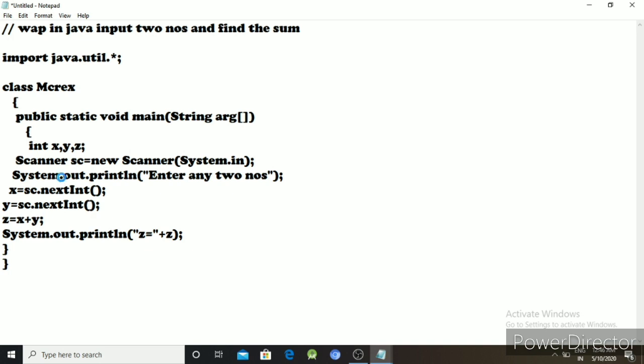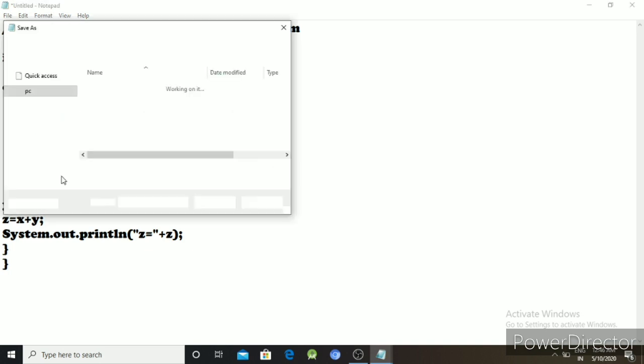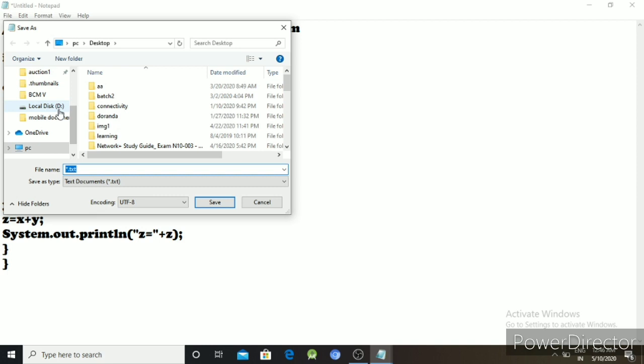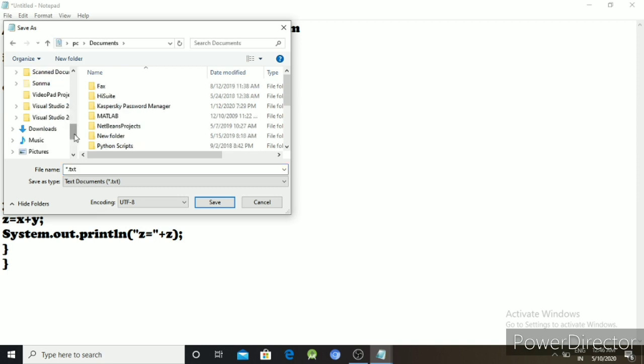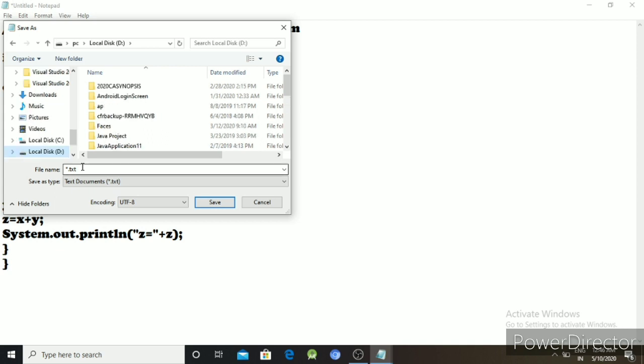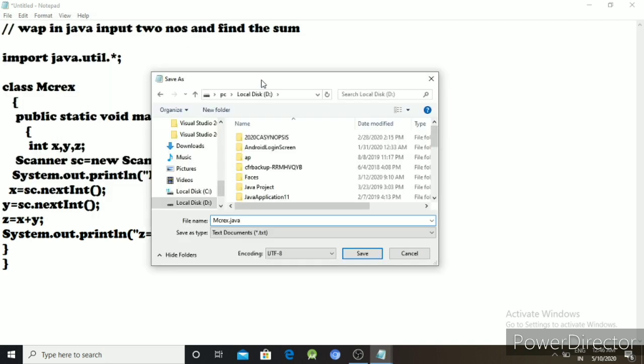Save the program as mcrex. The location here is D drive, so mcrex.java with the Java extension. Always we have to use the Java extension.